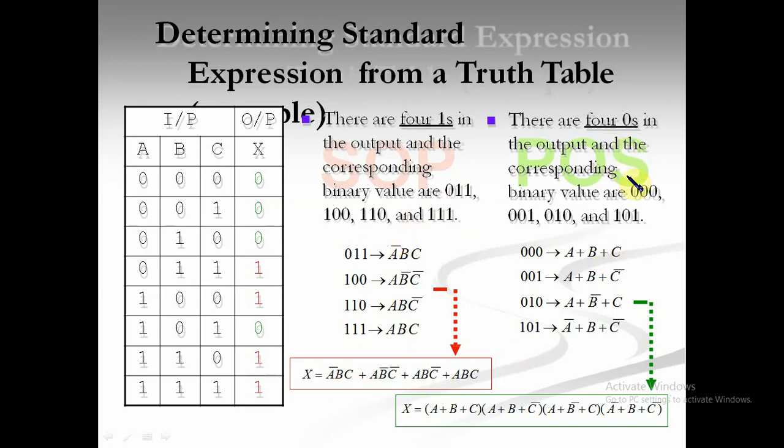Same here: when you take 0 0 0, that means A or B or C, then A or B or C bar. Here the one means C. And the equation will be prepared as it is. Here is the multiply sign, for the product terms. Here is the plus sign, because that is the OR gate. That is product of sums and sum of products, the expressions we prepared from the truth table.